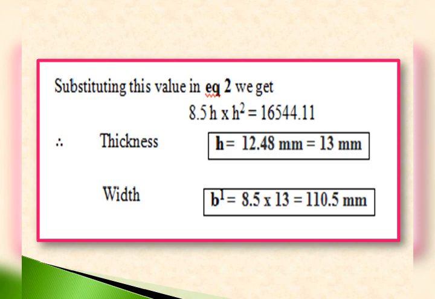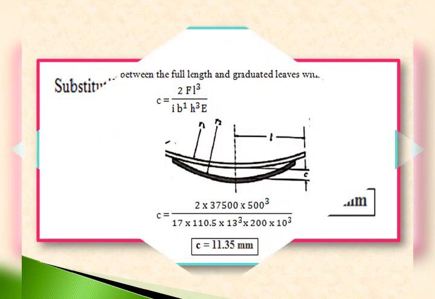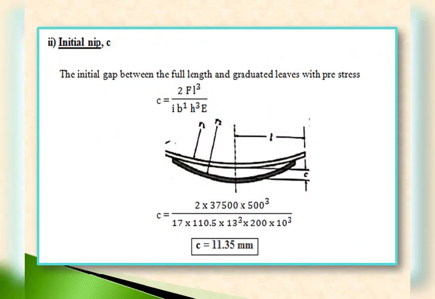Now we are supposed to make use of one more given equation. From the given data, he has given the ratio of total depth to width, i into h divided by b', that is equal to 2, or 17 into h divided by b' equal to 2. By simplifying that, we get the relation b' equal to 8.5 h. Now we'll substitute this in equation number 2. It is possible to get the value of thickness as well as width.